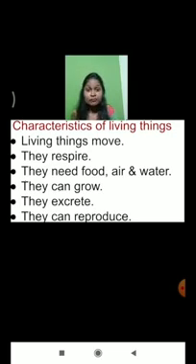Okay, and one more thing: they can grow. Who can grow? We living organisms can grow, na? Have you seen that now a football is of this size and after 2 years the football will become of this size? No, absolutely not. The non-living thing will remain as it is even after many years. But what about living things like us? Living things will grow, they will expand slowly.